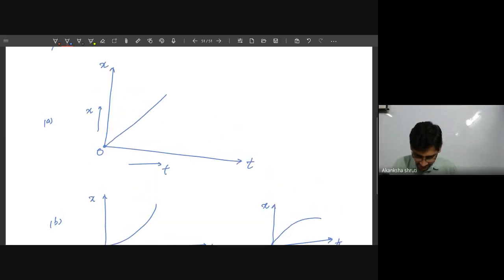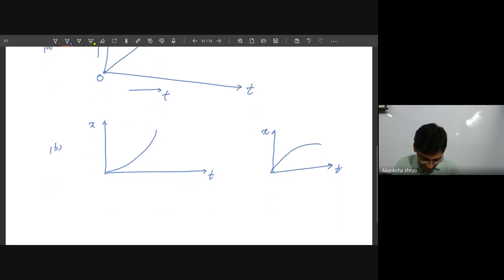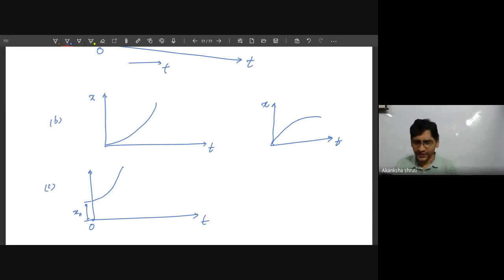What the differences are, you will learn later. It may be possible that the object is at a certain initial distance. In that case, the graph starts from a certain point on the vertical axis. If this is the origin, this is the initial position of the object. If we denote this initial position, say 2 meters, by the general denotation x0, like x1, x2 are the various positions we are denoting, so it is x0 on this y-axis or vertical axis.